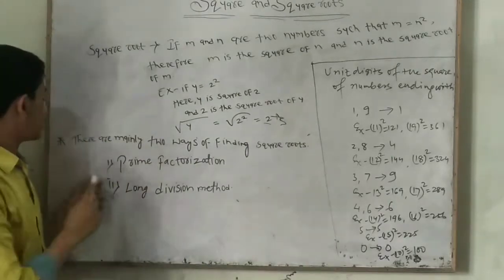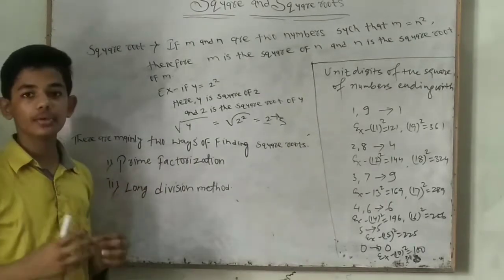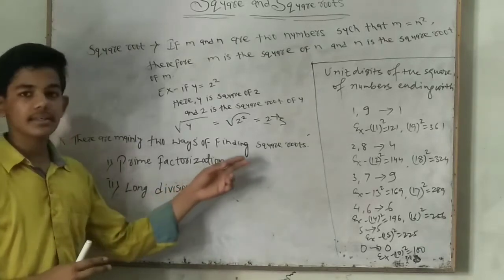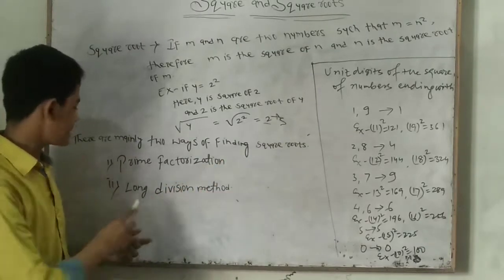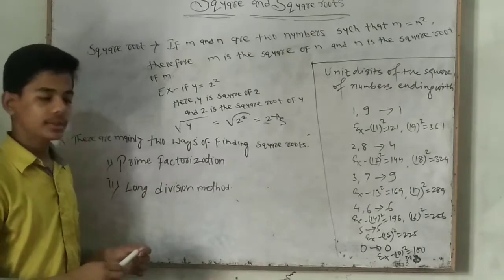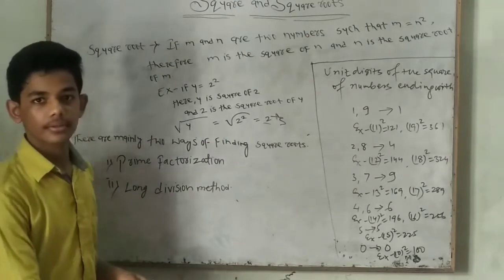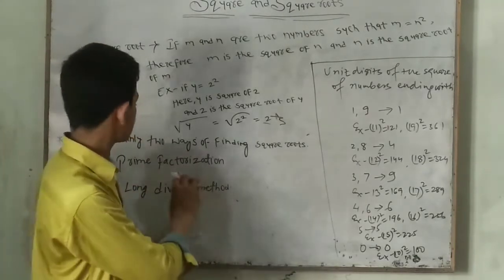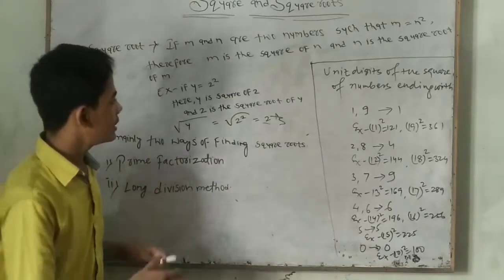Now, there are mainly two methods of finding square root: the prime factorization method and the long division method. So this was about square root. Now the next point is